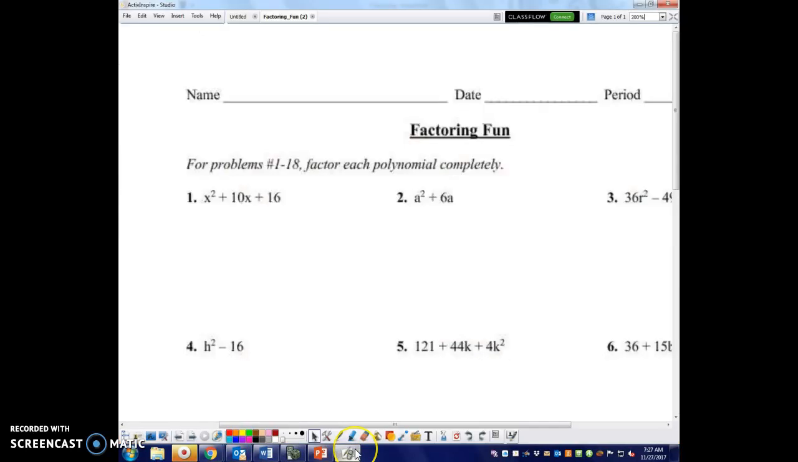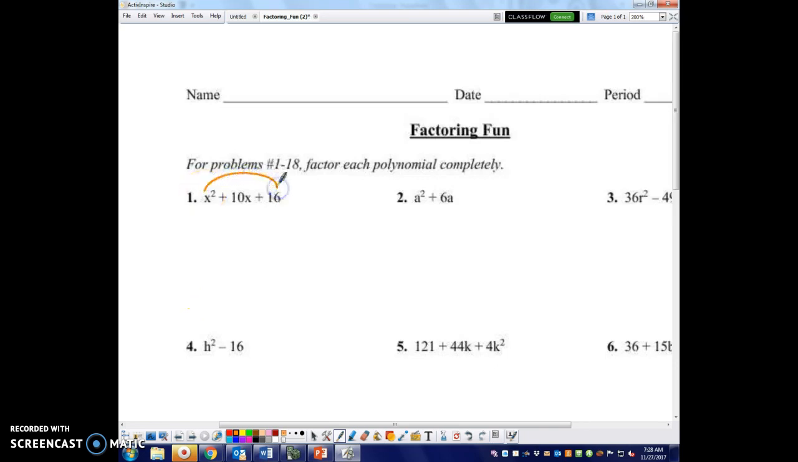So let's look at your worksheet. I'm going to do a couple examples and then you'll do the rest on your own. So we're going to look here at number 1. What's the first thing we need to look for? Who remembers? The greatest common factor. Do they all have something in common? No, they don't all share a greatest common factor. Okay, so the next thing we have to do is the